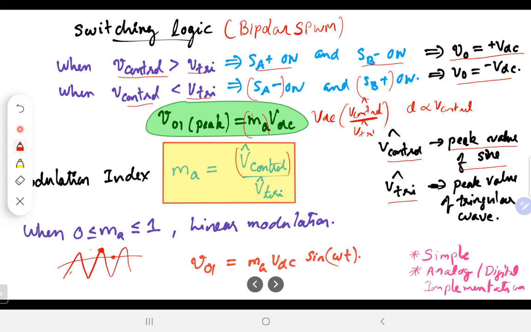The good thing about this scheme is that it is very simple to implement, because it's just a comparison, and being very simple, it can also be implemented in an analog fashion. You take a simple comparator and you give a sine here, and you give a triangle here. Using the analog comparator, you can always get a pulse here. And you can just negate the pulse, get the inversion of the logic, and you should be getting the negative pulse. Okay, so it is not very difficult to generate